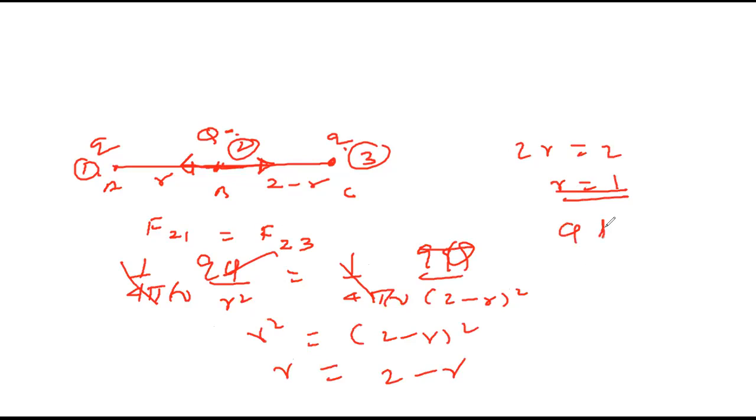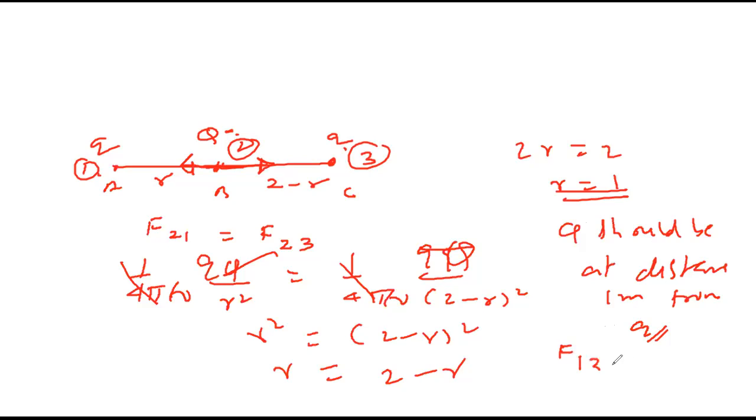That means q should be at distance 1 meter from Q. Now its magnitude. This much you followed, I think? Because you want two things, position as well as magnitude. So they are asking where the q should be placed. It should be placed at distance 1 meter from Q. And for magnitude, F